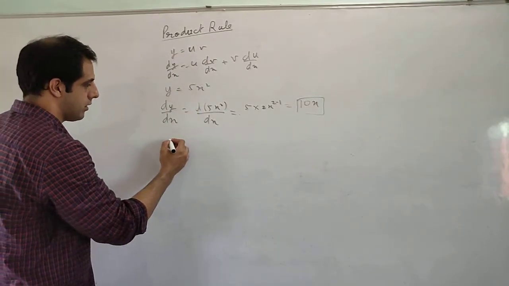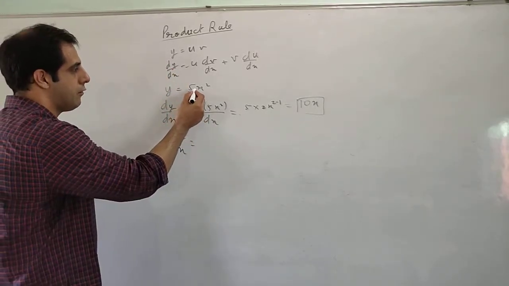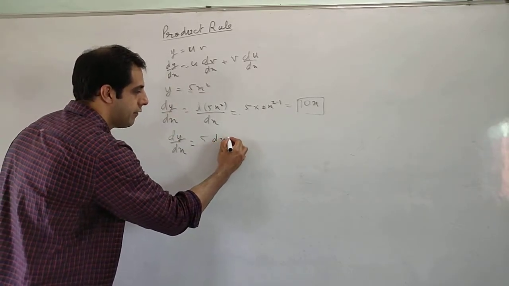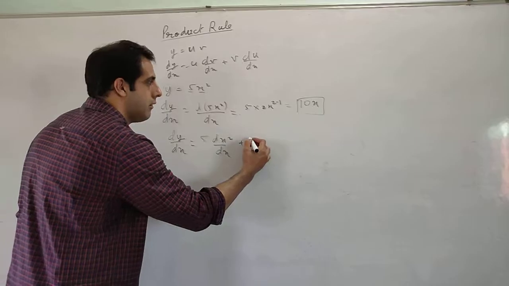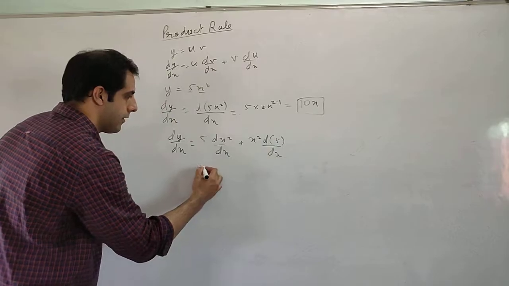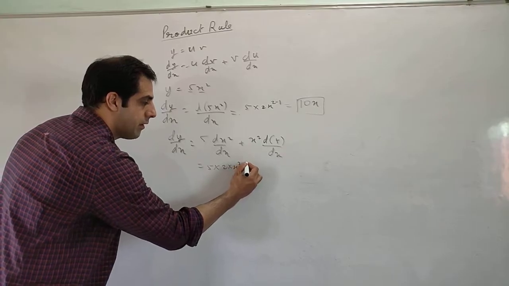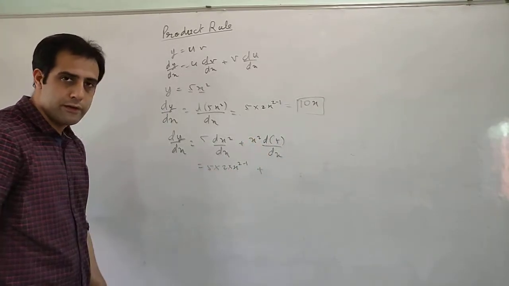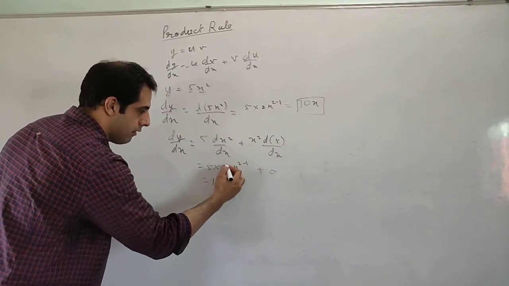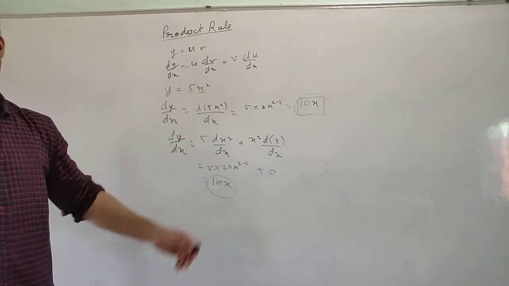But if I say we are actually doing product rule only, let us apply this rule. Y equals 5x square. Dy by dx equals, now take one of them. We have two values, 5 and x square. Take one of them constant. Let us say 5 is constant and we are differentiating x square, plus we are taking x square as constant and we are differentiating 5. When we differentiate x square, we will get 2 into x to the power 2 minus 1. When we differentiate 5, it will be 0, and 0 multiplied by x square is 0. Here we get 10x, which is the same as this.